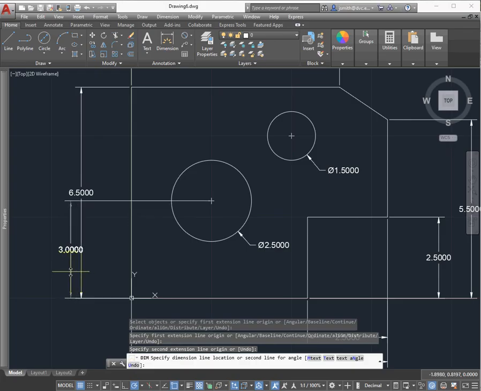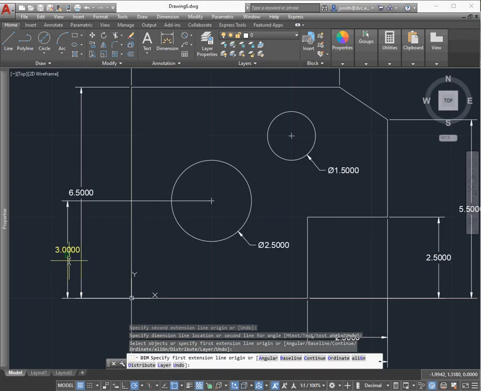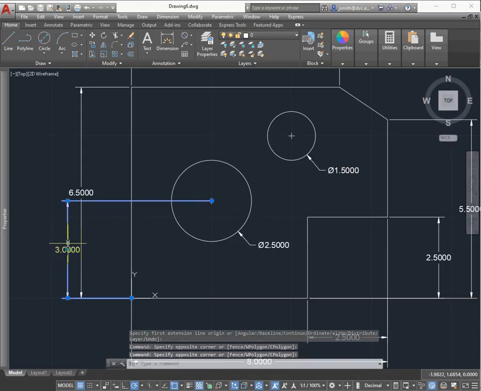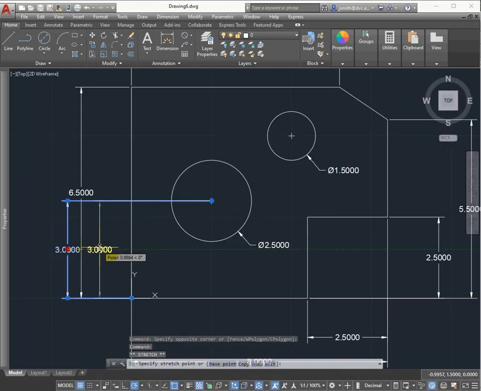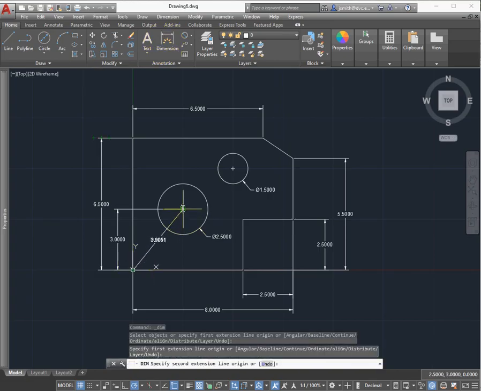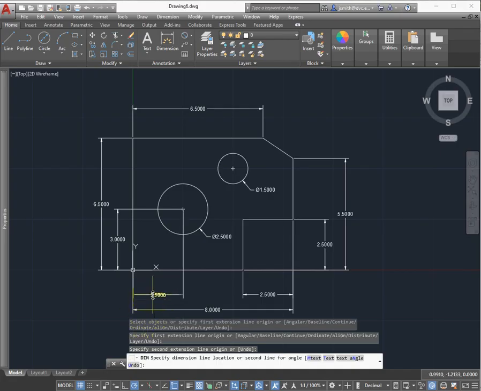And sometimes you just have to go a little farther. Click it and hit escape. And then select it and just drag it back in. All right, so that's 3 inches. And I'll do the same on the bottom. So hit escape to kill the command. All right, so go to the bottom and then the center and click where you want to put it and